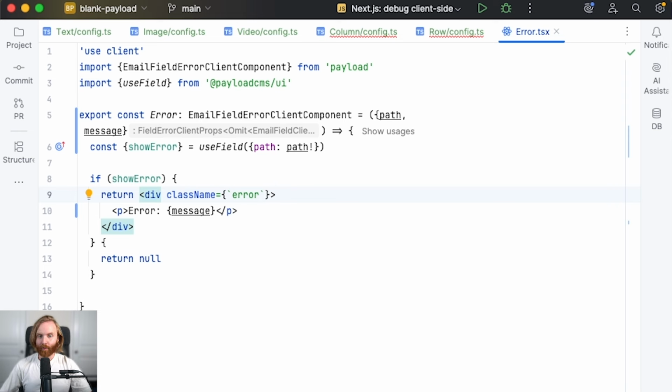Let's create our custom field now, but before we do,